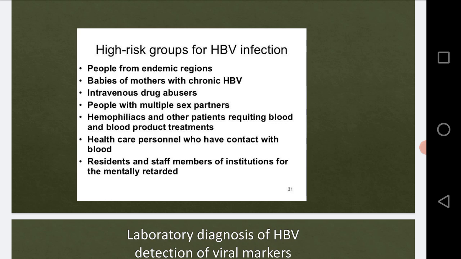Now this is the epidemiology. In this online lecture we have studied the antigens present on the virus structure, the viral surface and the core. Then we studied the pathogenesis of HBV, then the resistance properties of HBV, and then the epidemiology of the HBV virus. I hope you understood this online lecture. If you have any doubt regarding this, please ask in the comment section. Thank you for watching.